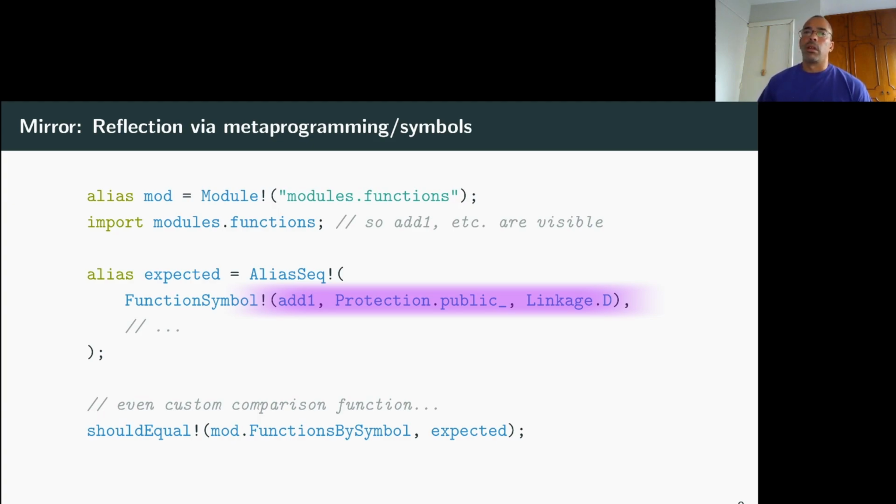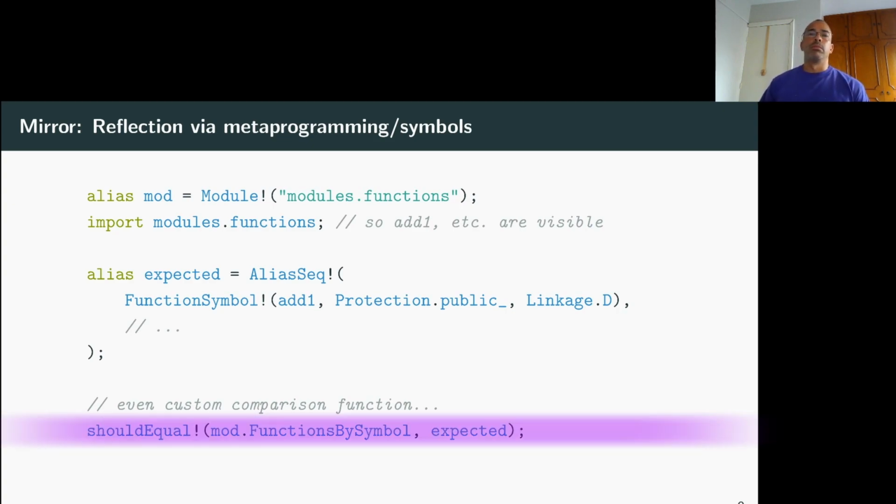And of course, this is another template, so everything is a compile time construct, so there's bangs everywhere, because these aren't values, they're not structs. And because metaprogramming is so weird, I had to use my own custom should equal meta function to be able to compare two alias sequences, because just doing equals doesn't work, and is expressions don't quite work either, and well, things are complicated. But what I'm doing here is actually doing a lot behind the scenes that I have to explain, otherwise it's blink and you'll miss it.